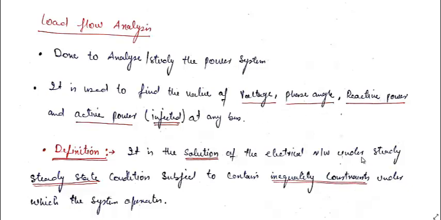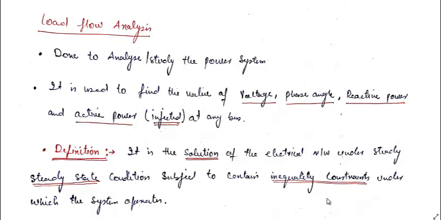But there are two conditions. The first is that the system should be in steady state. In the previous chapters we discussed transients or faults, which are abnormal conditions, not normal conditions. But here we calculate the values of these four unknown quantities for the system which is in steady state. There should not be any abnormal conditions. And one more condition is that